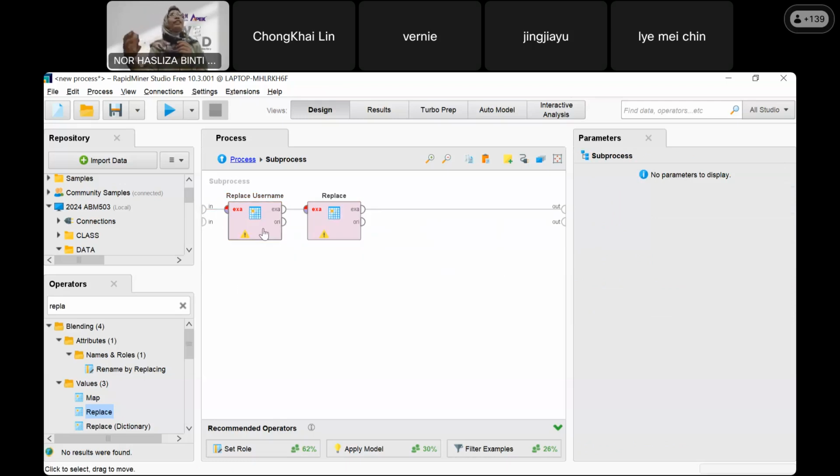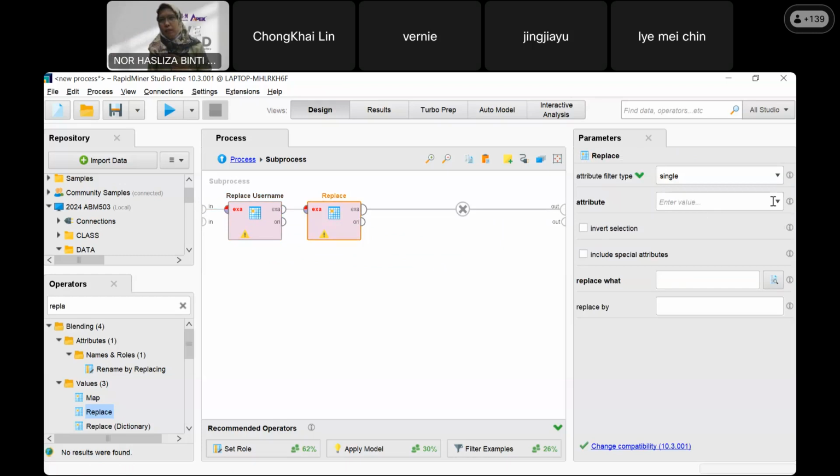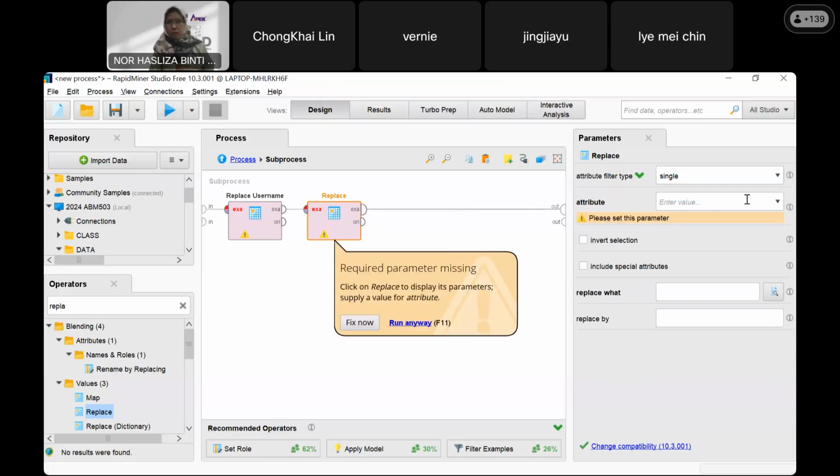Because what is the input of this particular function? You see? Cannot also. Don't know what to do now. With this text, huh?